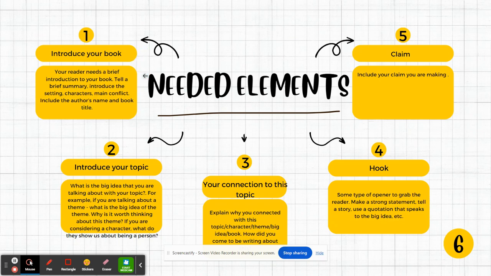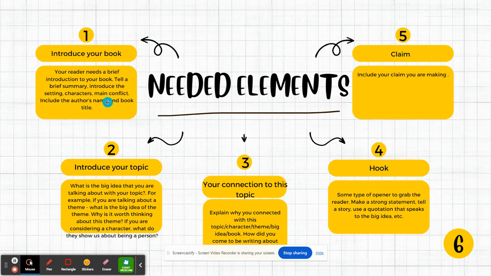You need to provide a brief summary. You need to introduce the setting, the characters, the main conflict. You should include the author's name, the book title. And all of this doesn't need to go on for multiple paragraphs, just a few sentences, but you need to take the time to give us an overview of the book so that the rest of what we'll read about makes sense. The next element,